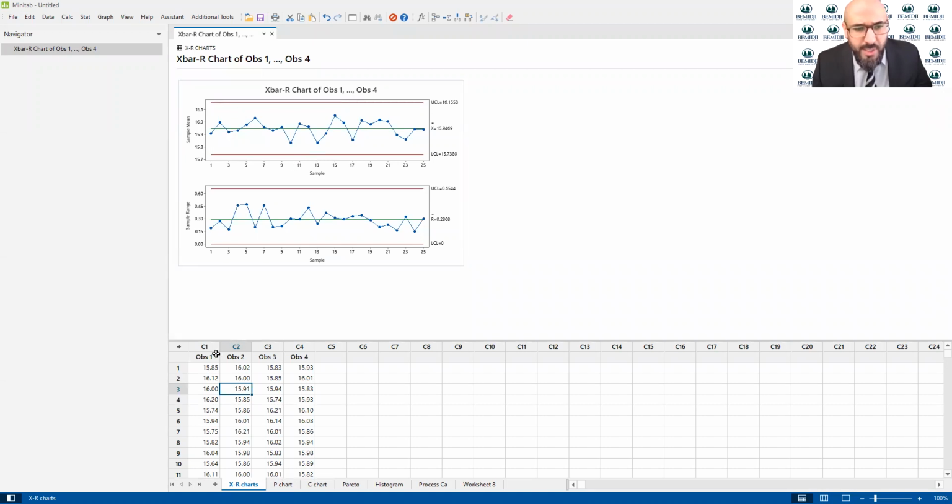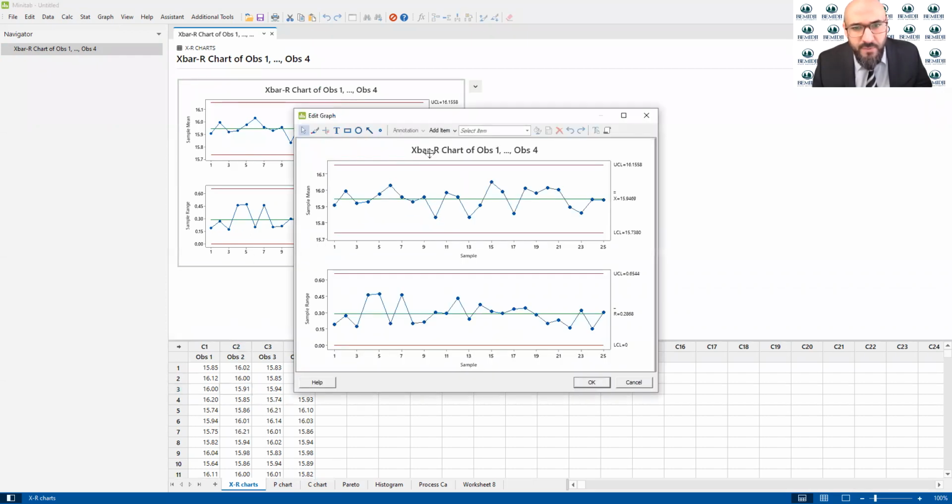All you need to do is copy and paste the data, and use the right tool in Minitab to create it. As you see, there's an X chart, an X double bar created, R bar created, upper control limit, lower control limits for both of these, and that's basically it. All you could do if you decide